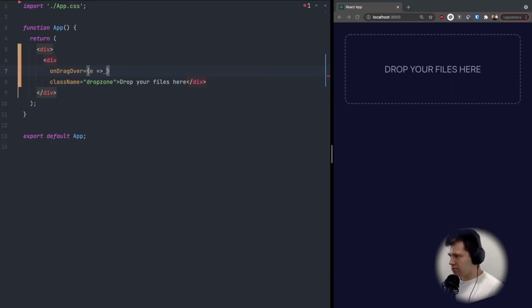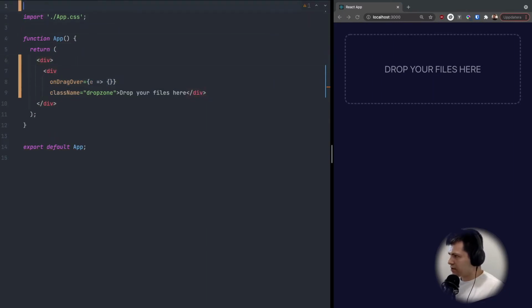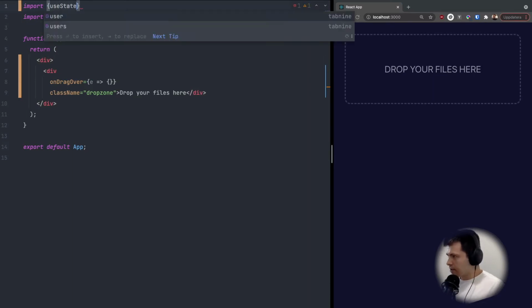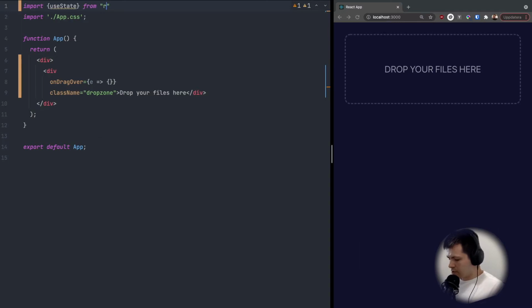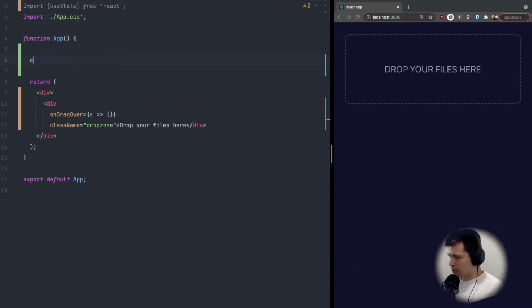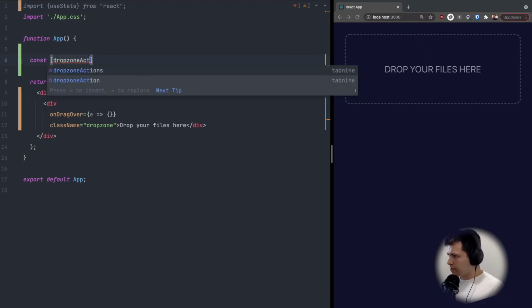So we will do something like set the current state of the drop zone to active. So to do this I will create an empty function for now, and at the top import useState from React, so we can use state here. Let's call it dropZoneActive,